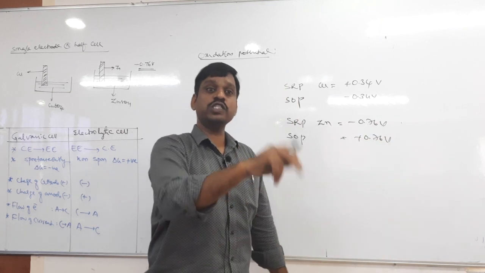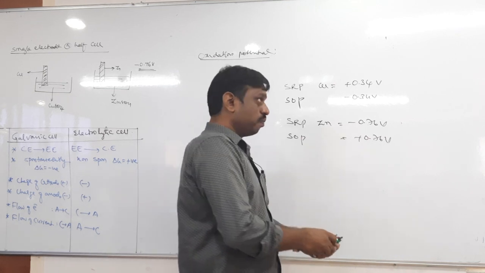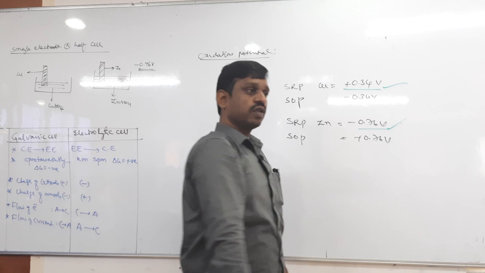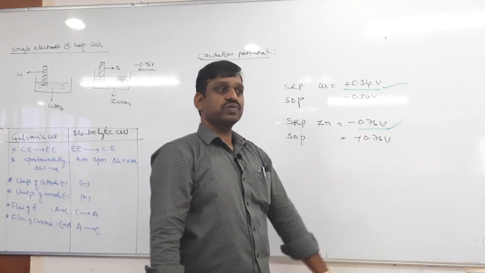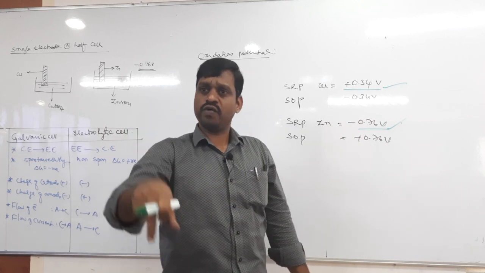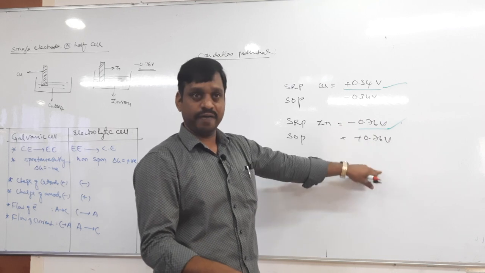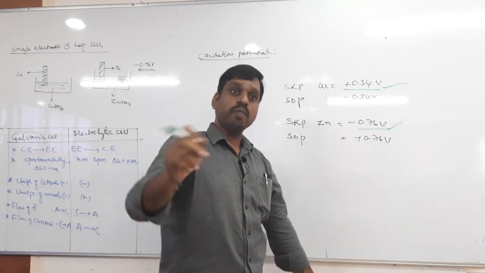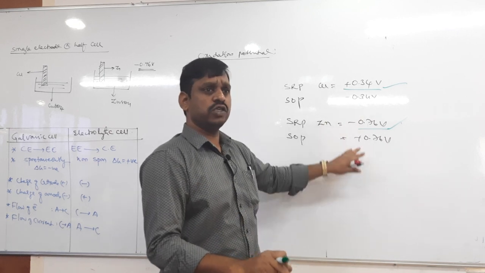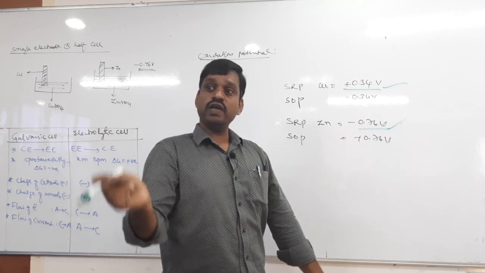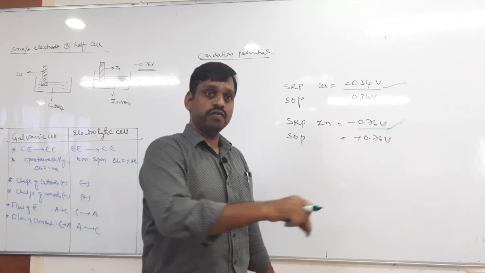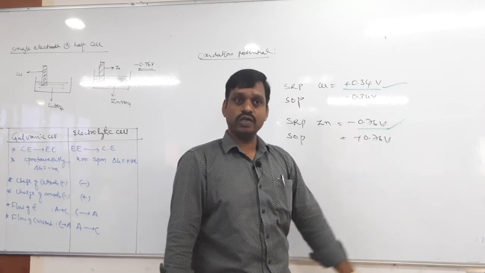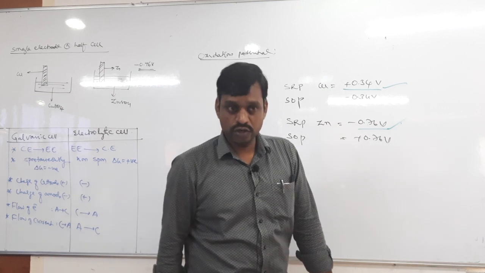So that conversion is possible, but in practice we use only SRP values. We should not use SOP values. Wherever required, you can convert and take it. But in general, in problems and everywhere, we use only SRP values. We don't use SOP, but wherever required, we take it and use it. In general, in writing and all, we write only SRP values. Okay. So we shall continue next class.